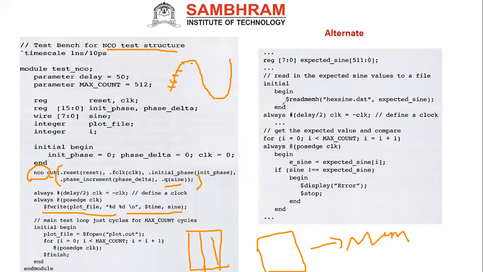Now what I will do, we'll apply the system task $readmemh, which means we are going to read the memory. H is hexa value. All the values are in hexa. So these values I'm accessing. We are going to read. The name of the file is what? Xsine.dat. From this, I'm reading the values, and my output will be the expected sine. So straight away I can generate. This is the alternative way actually.